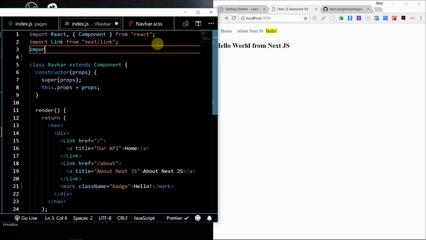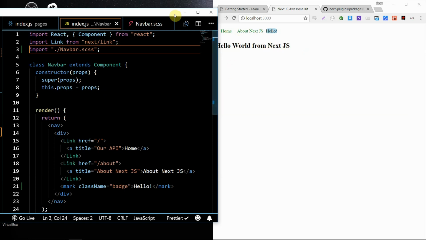And now we'll just import navbar.scss. And that worked. So now we have SASS, we have server-side React, and we have a fully customizable HTML document,